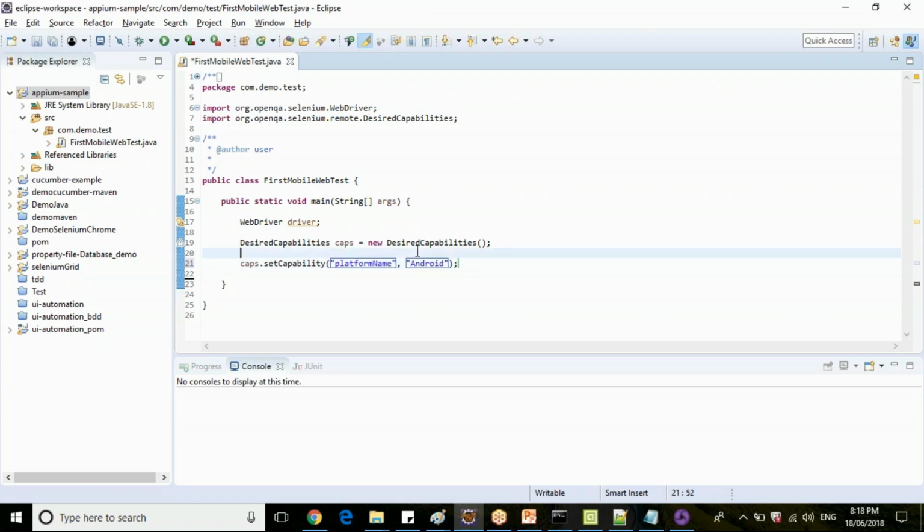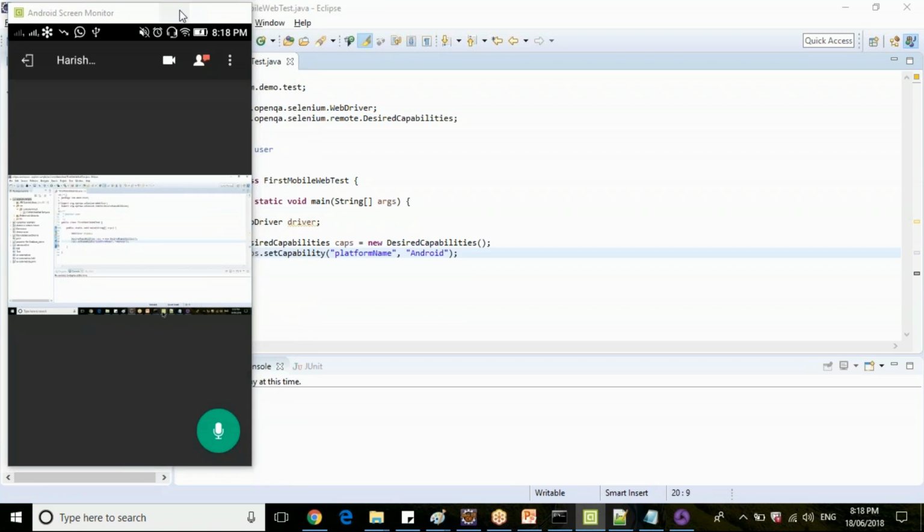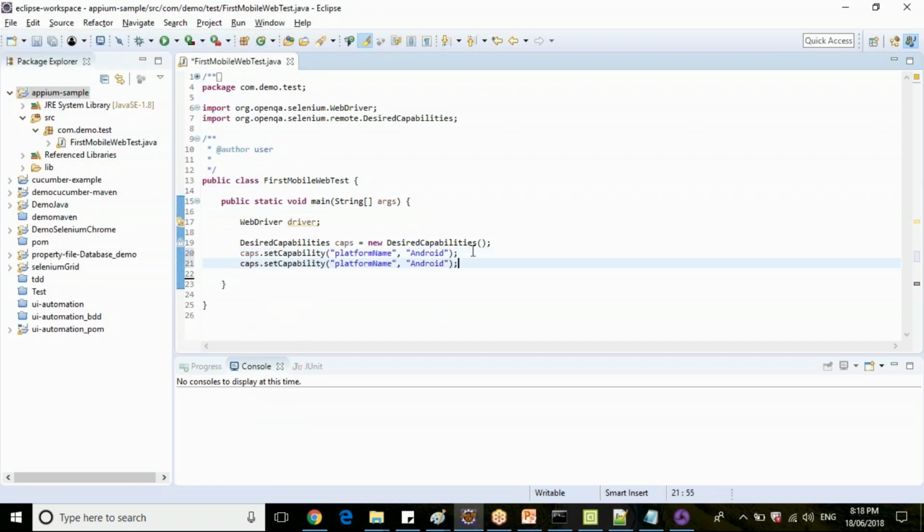I have connected an Android device here, so I am giving it the Android platform. Copy this capability. Now you need browser name, because you need to tell in which browser you are automating. It is Chrome browser.